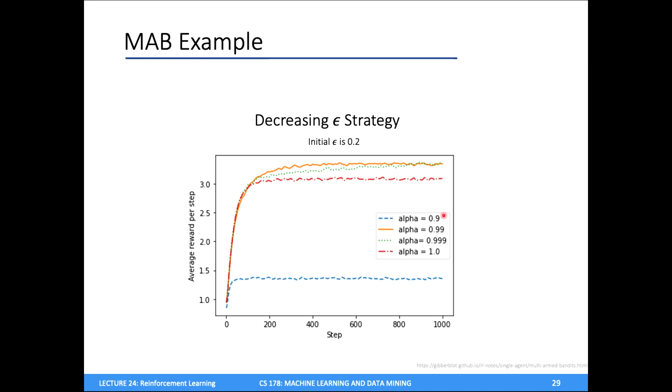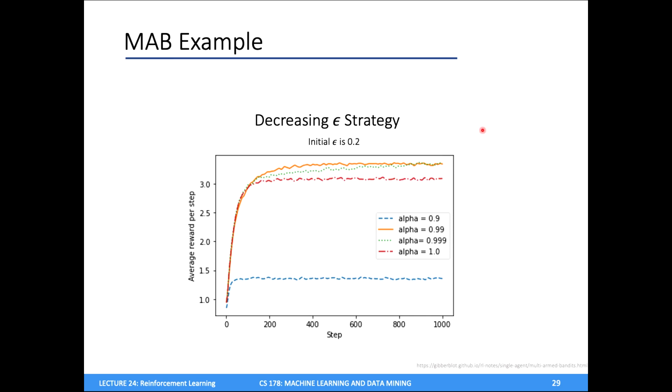So a small value of alpha means fast decay. And so because alpha is pretty small here, 0.9, our exploration decays too fast. We don't spend enough time exploring. But for larger values of alpha, like 0.9 and 0.999, we see pretty good results. Interestingly, this red line here, an alpha of 0.1, or rather 1.0, corresponds to not decreasing epsilon. So we're doing epsilon greedy, no decreasing for the red curve. And interestingly, this decreasing epsilon strategy results in higher average performance, shown in these green and orange curves.